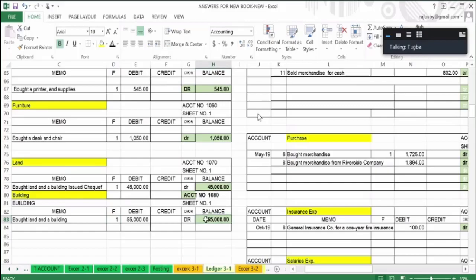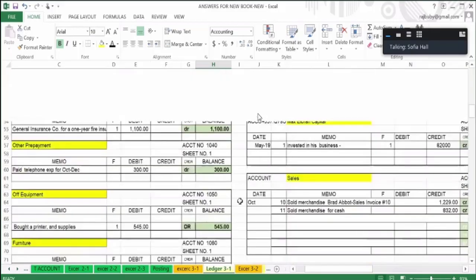In Excel, the first time when you put a formula, then it comes automatically. For this one, you can put equal and click this cell, then it comes automatically. The next line, when you are doing the next line, you have to do the formula. Then if you copy the formula, it will automatically come. I will show in the bank. Land and building, you don't have to worry about that.